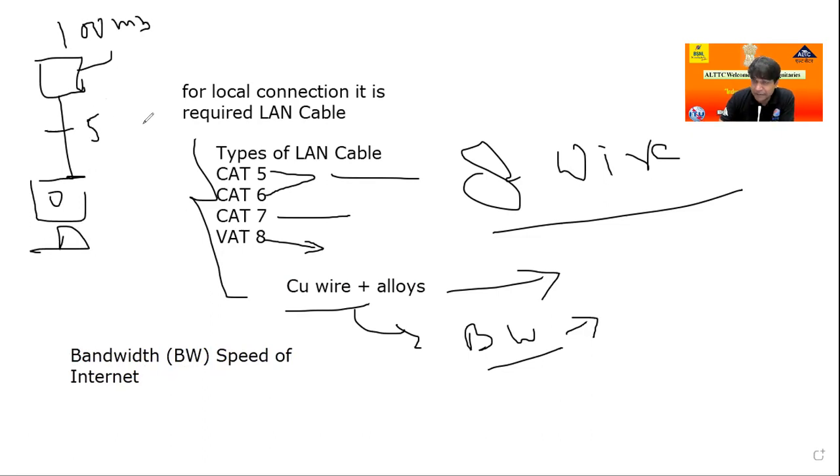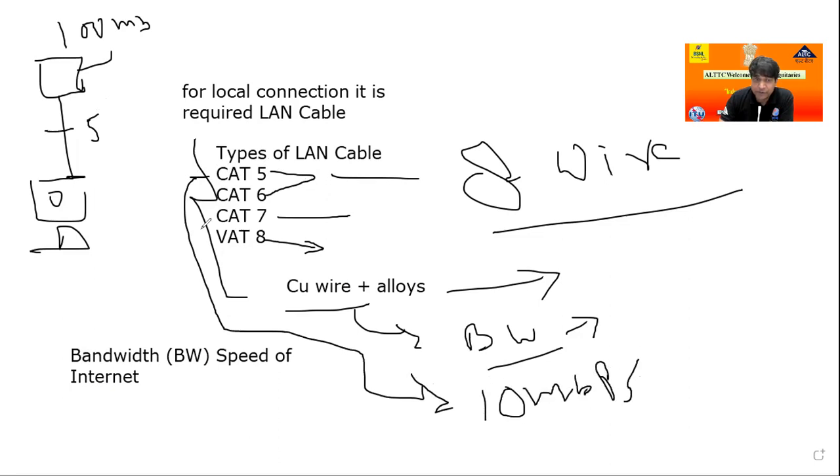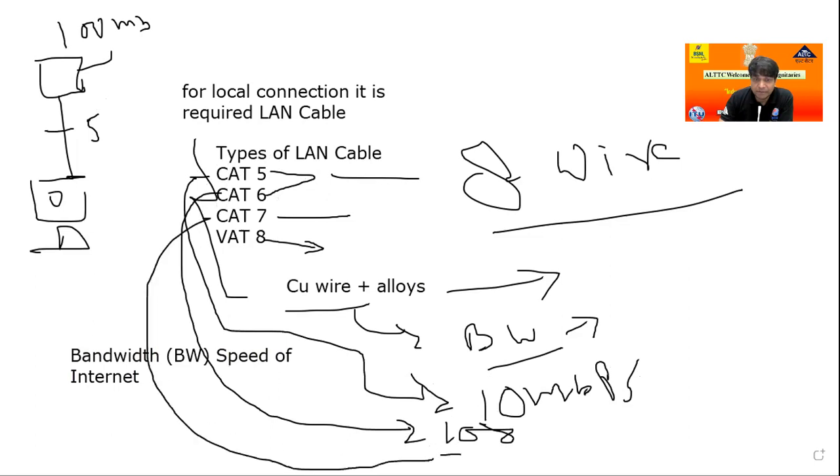The first drawback is that the maximum bandwidth of a Cat 5 cable is only 10 Mbps. Cat 6 cable is 100 Mbps. Cat 7 is 300 Mbps. And Cat 8 is 1000 Mbps.